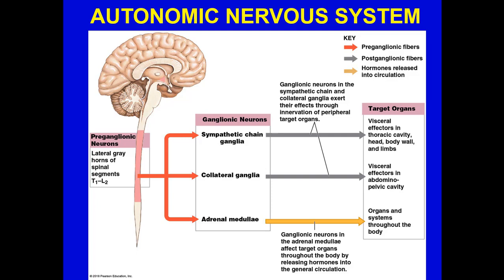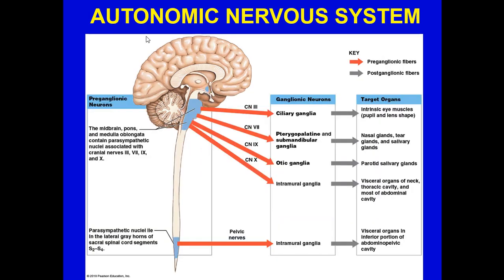Here's the main point also. The autonomic nervous system has several routes to activate the fight or flight response. And one of them, interestingly enough, is this release of epinephrine and norepinephrine into the blood, which will enhance some of the fight or flight responses, and it will last a little bit longer. Thereby, it enhances the survival of the organism.